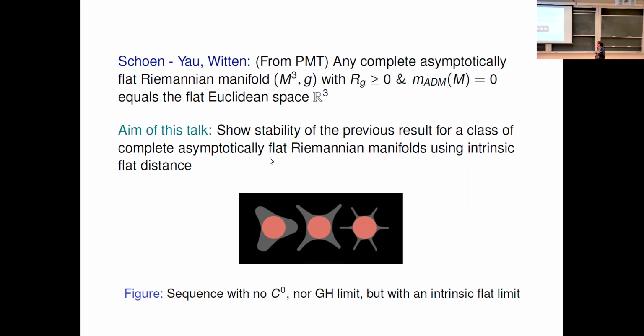And the point of this distance is, as you can see in this picture, we have 3-dimensional spheres. I have these spheres that have these splines, and then my sequence is to get more and more splines. The splines become thinner and thinner, and with this intrinsic flat distance, they will converge to this nice round sphere that is inside. Okay, so let's continue,